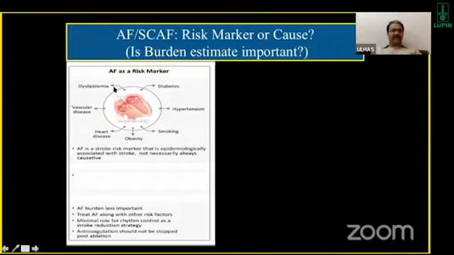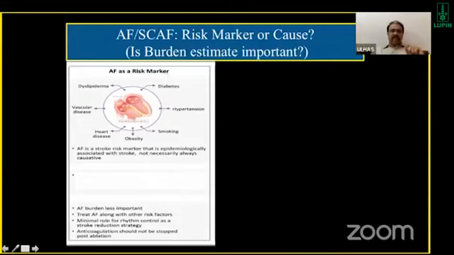So whether the patient has AF only once or twice or multiple times, whether for a short time or a long time, just do not worry about that burden part. Consider AF as just a risk marker. And so this school of thought does not recommend looking at the burden at all.